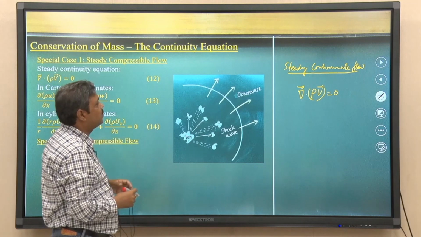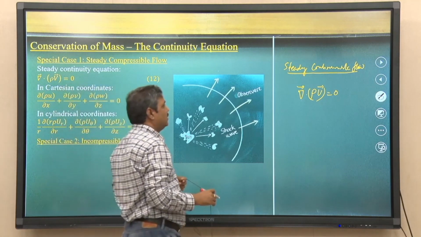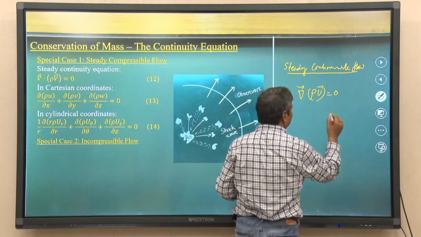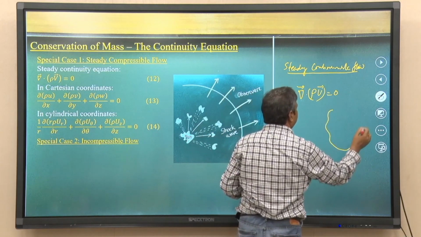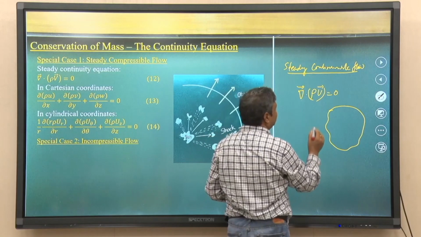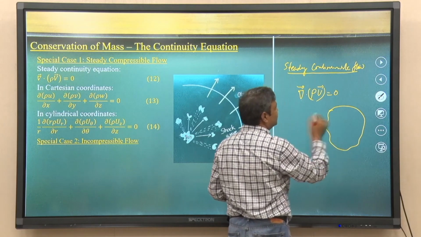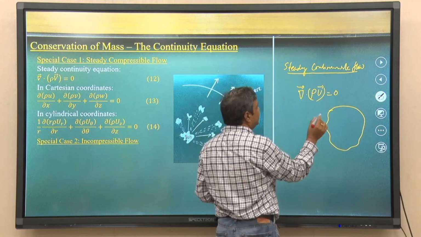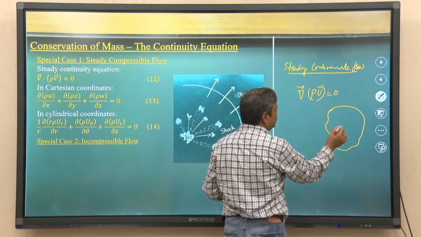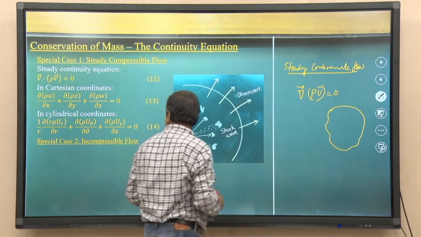If you have the steady compressible flow, where there is no change of the mass storage, that means in any flow domain there will be no change of the mass here. At any instant, if there is a change of this velocity field,